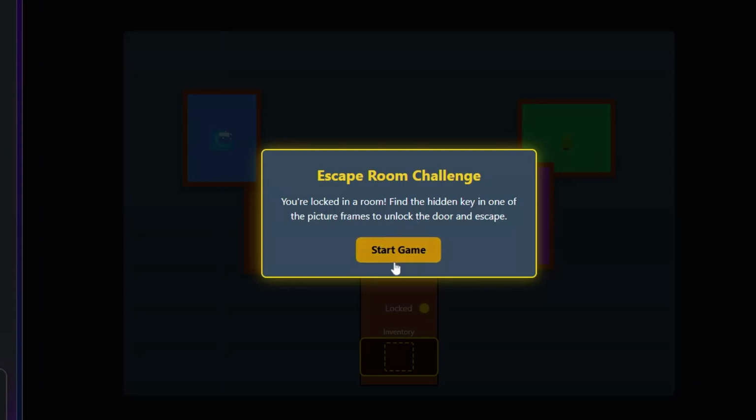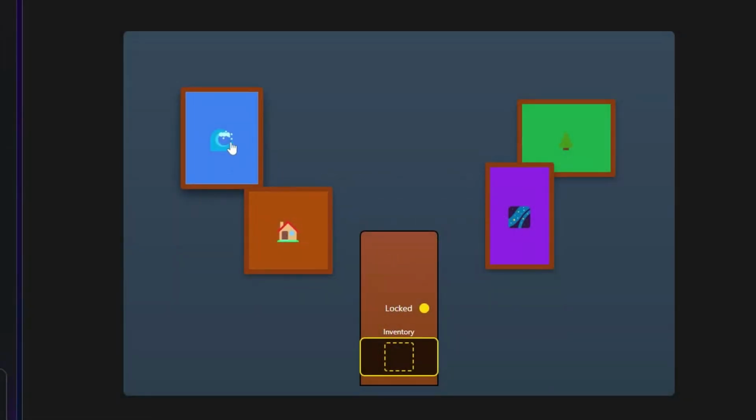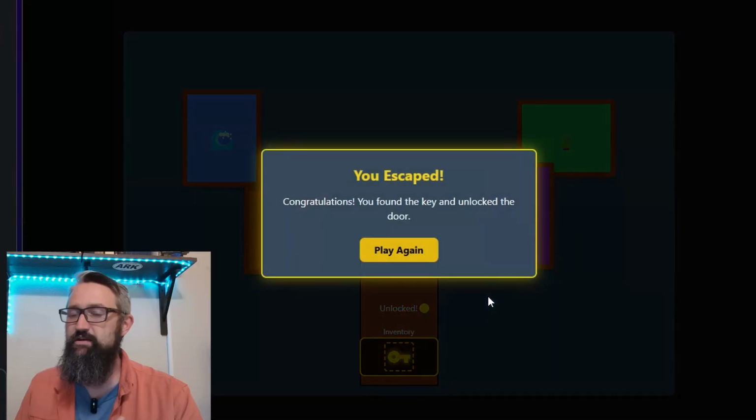And what was really cool about this is that this seemed to work pretty good. Each time I play the game, the key is put into a different picture frame, and this makes it pretty simple. As far as this goes, all right, this is just a simple game,